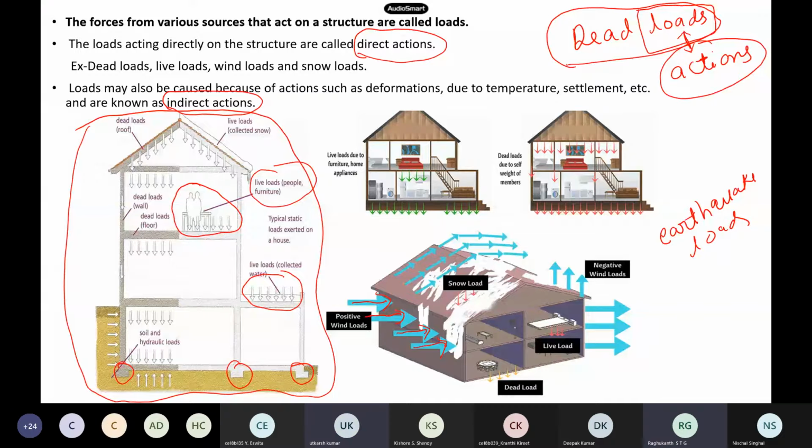Sir, can snow load be classified as a live load? No, snow load is a separate thing, a separate code is there. See, dead load and live load are different. Our IS standard says live load means people, furniture; they all come separately. Now snow load will come separately, because you have to design for snow only in the Himalayas. In Chennai, we don't do any design for snow.